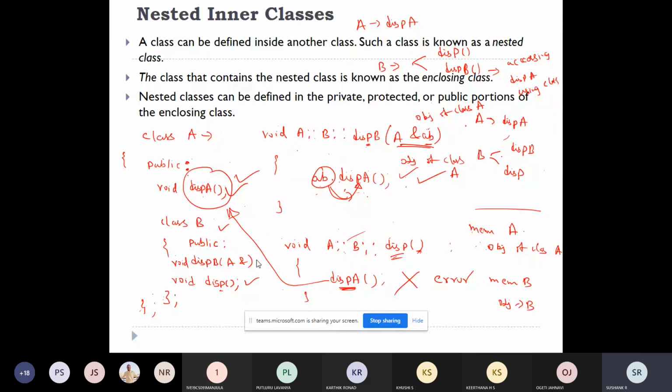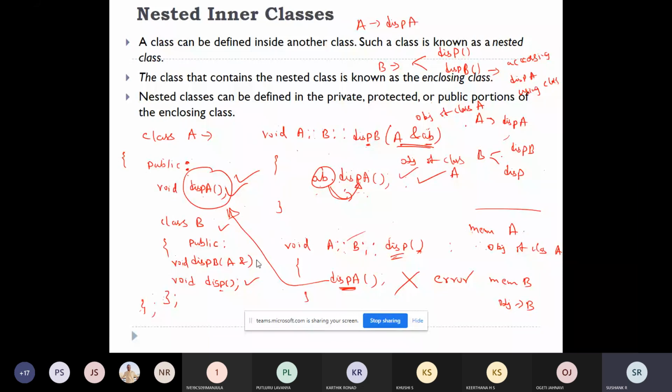So if you want to access the member function of class A, you need to create an object of class A. That is why the error is produced whenever you're trying to make a direct access. You're trying to directly access the enclosing class function through the function of the nested class. Here display is a nested class function and disp is an enclosing class function.